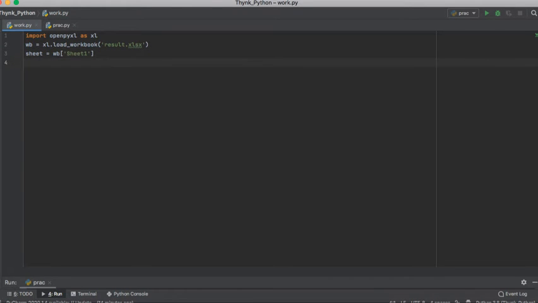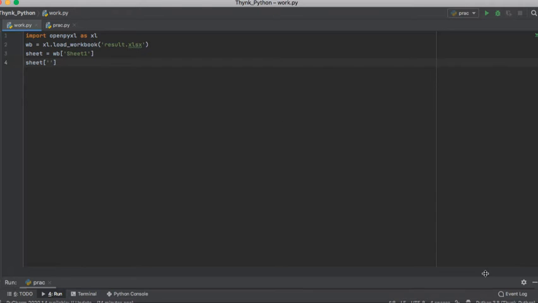Okay, so now we need to access a particular cell of this sheet. To access a particular cell of this sheet, you can simply use the sheet object, and by using this you can provide the coordinate of the cell. So how do we do it? I'll say sheet like this, again square brackets, and here I need to type the coordinates.